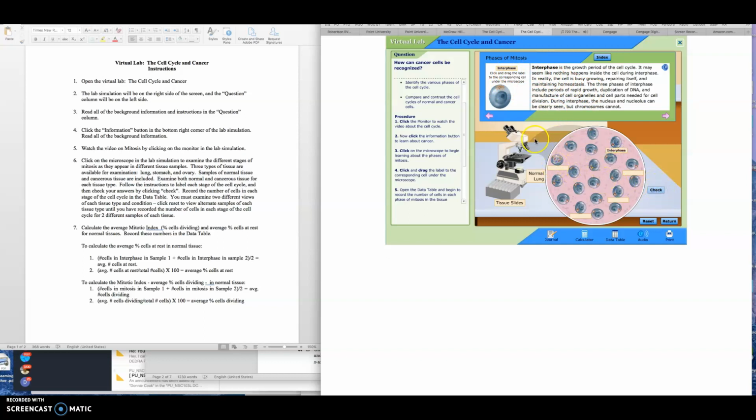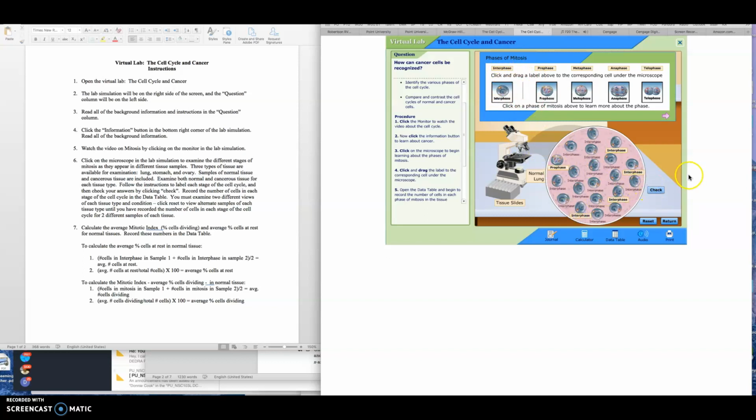Oh, I guess I got to put them all in. That's why it doesn't like that. Okay, so that's prophase, interphase, interphase, interphase. Okay, so that was the problem. You can't check one at a time. Okay, so